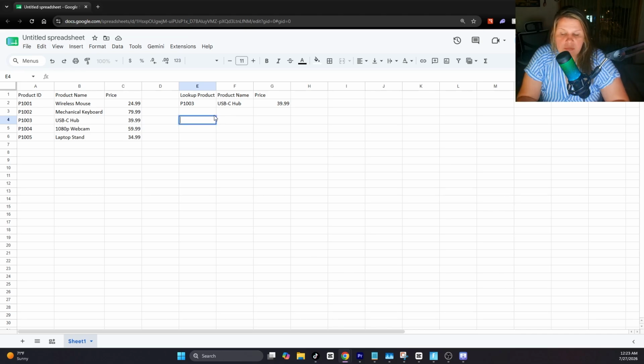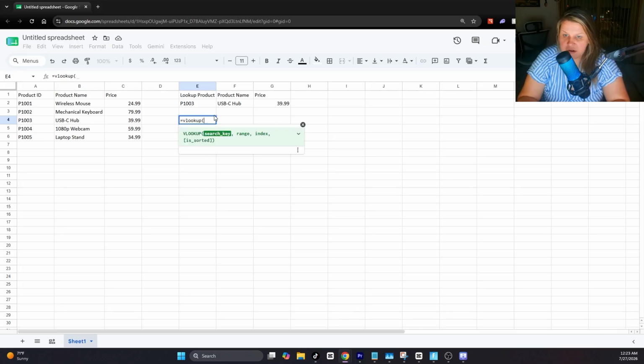So I'm just going to pick this box right here, and I'm just going to start typing the equal sign and then VLOOKUP. And then I'm going to put the parenthesis in there, and it's going to start suggesting what you need to put in for your formula. So the first part of the formula is the search key, and this is the value that we want Google Sheets to search for. So in my example, my product ID is entered into cell E2. So I'm going to go ahead and click E2, or you could type it in, and then go ahead and